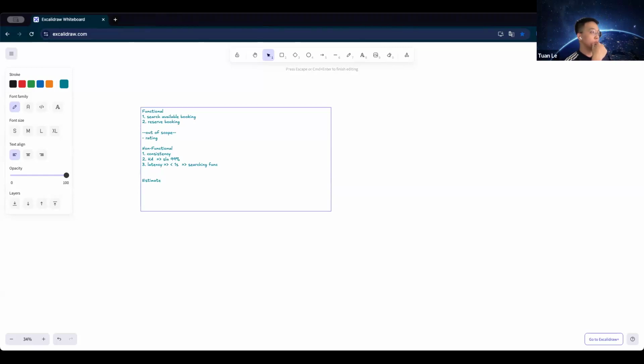Honestly, I don't have the current estimate yet, but we know that we have 500 hotel, and each hotel have 100 room, and let's say for a normal day, 50% of the room is booked. For the holiday season, all of them is booked. And then the ratio of searching and booking is like if we have 10 users searching, only one of them makes the booking.